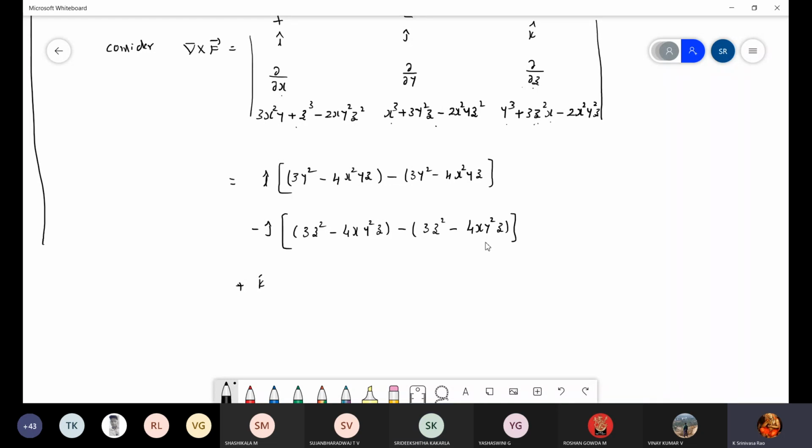Next plus k cap into the first row and last column. So dou by dou x of the middle term. Dou by dou x means 3x square. So the second term becomes 0. 3y square z is 0, minus 4xyz square. So minus dou by dou y of the first term. Dou by dou y means you will get